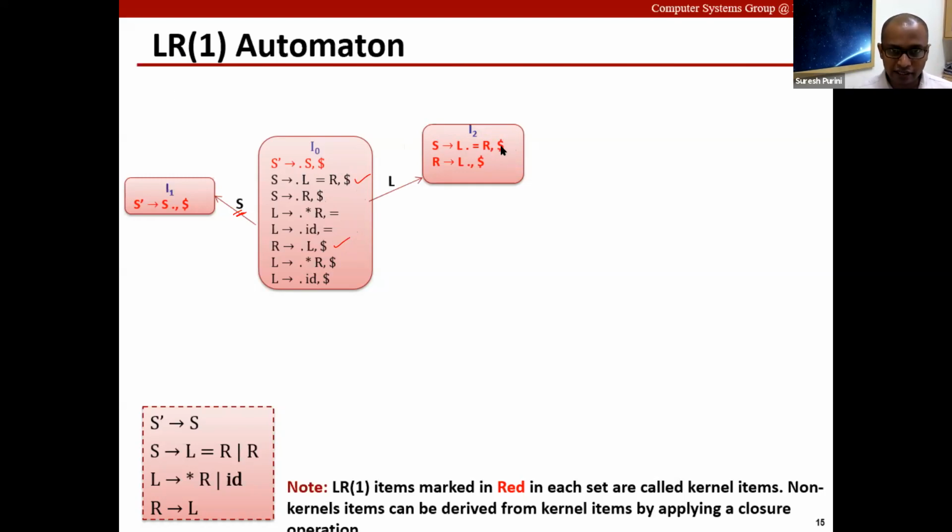What this says is that we have seen a string that is derivable from L, and we are anticipating equal to and some string derivable from R followed by dollar. And there is another LR1 item which is also a valid candidate to consider in the future. That is, we have seen a string that is derivable from L, and we are anticipating an end of file symbol. So we will see what is called a goto function.